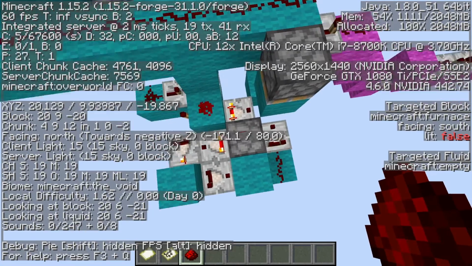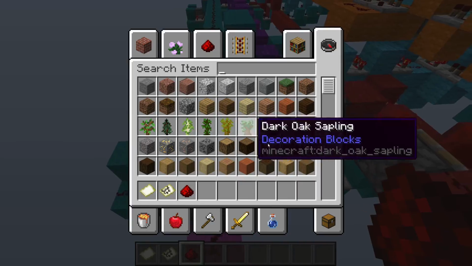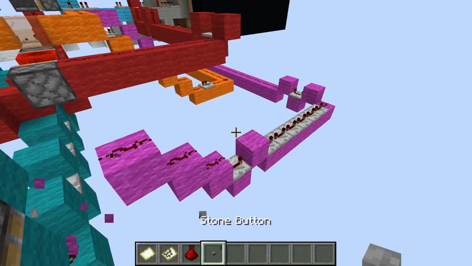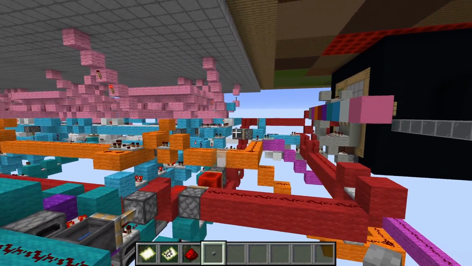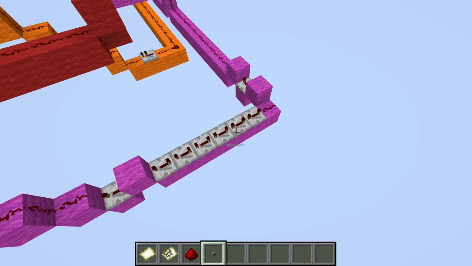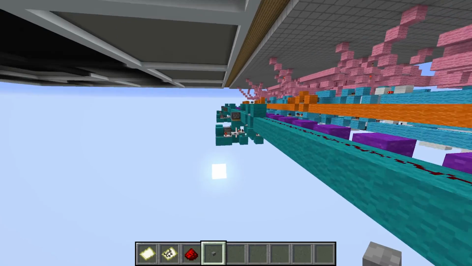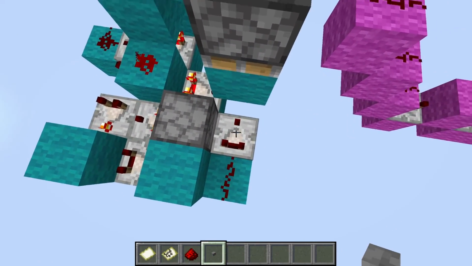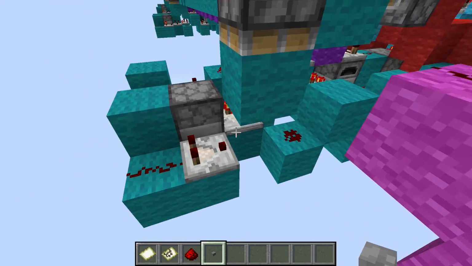You might be thinking, what the heck does that do? So if we just actually make the equal sign do the equal sign. How the equal sign works, all it does is it saves the number, just like the plus sign and the minus sign, so it'll activate that piston and save the number. And then a long delay later, it'll activate all of these pistons, and it'll push a block downwards, and whatever signal strength is in this comparator over here, or this comparator, this is actually something different that I'll explain later,